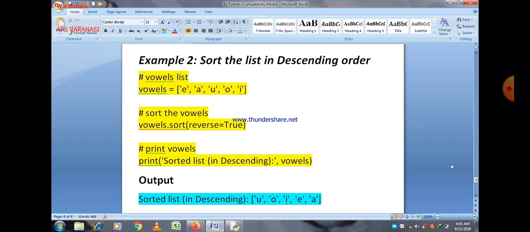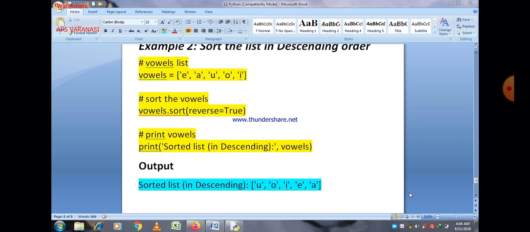So always remember that if you want to find the elements of a list in ascending or descending order, use the sort method for this purpose. If you give reverse as a parameter value within the sort method, then type reverse is equal to true to find the list in descending order. Otherwise you can find the list in ascending order, or for ascending order you can type reverse is equal to false, because it is the default value.